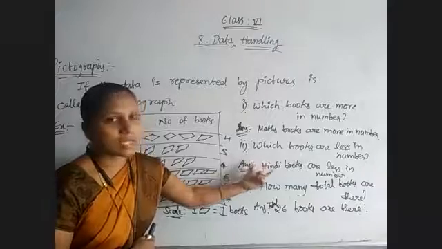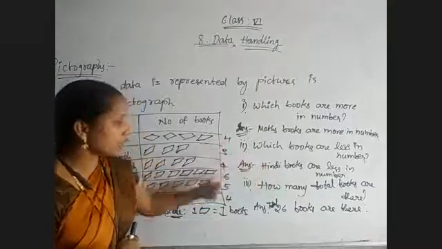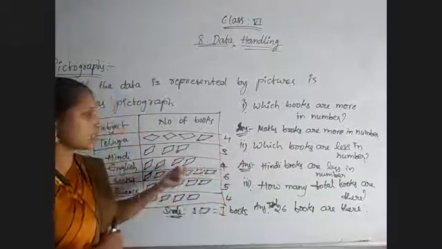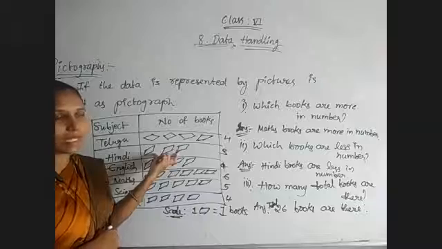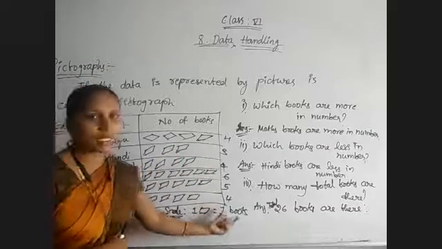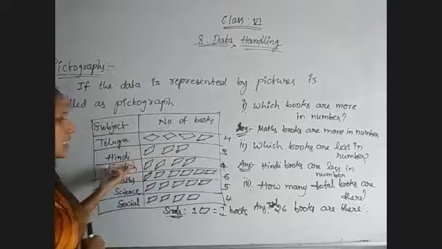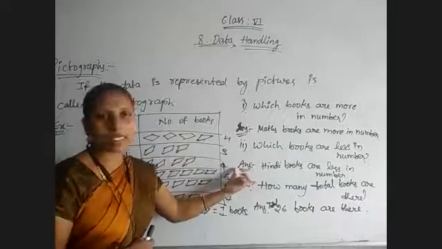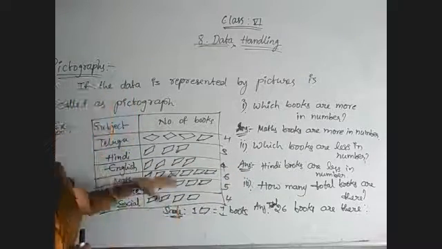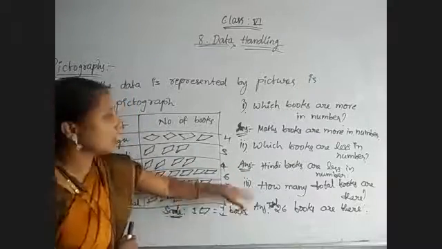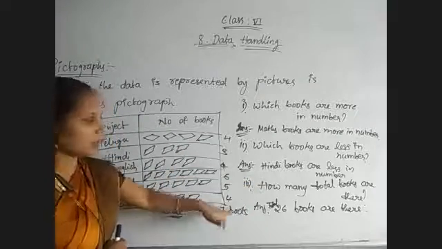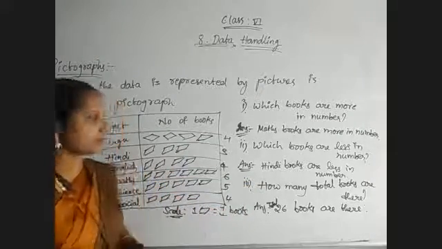Which books are less in number, meaning which value is lesser among the given pictures? Just observe here, only 3 symbols are there, and each symbol is representing only one book. So there are 3 books for the Hindi subject, meaning Hindi books are less in number. Next, in total how many books are there? That is the third problem. So add all the books, then you will get the answer. Okay.